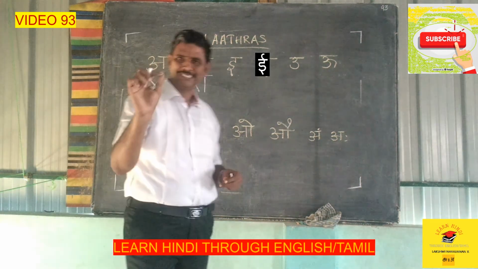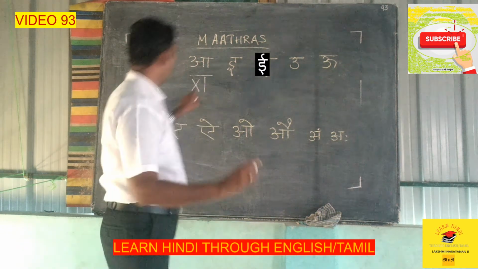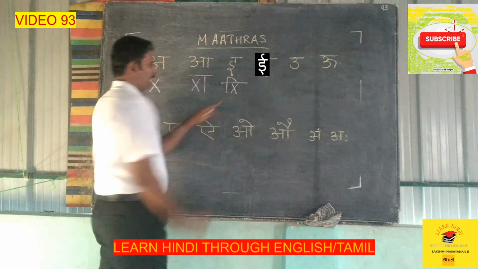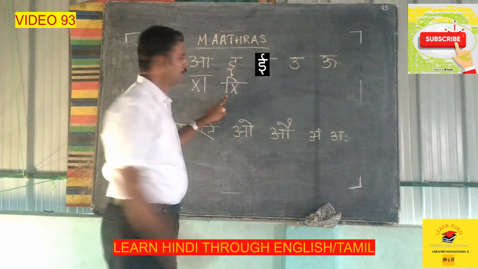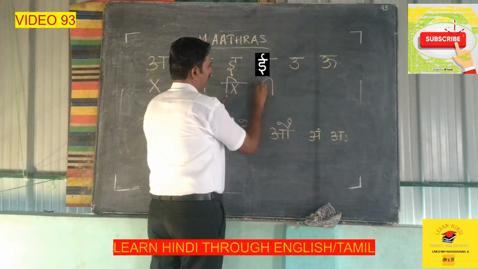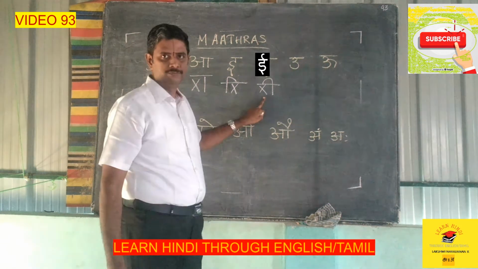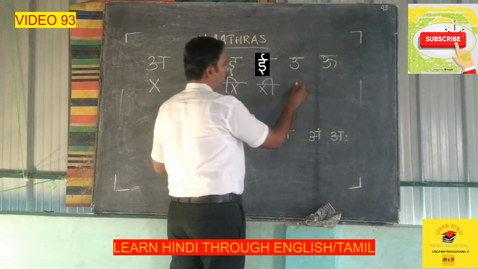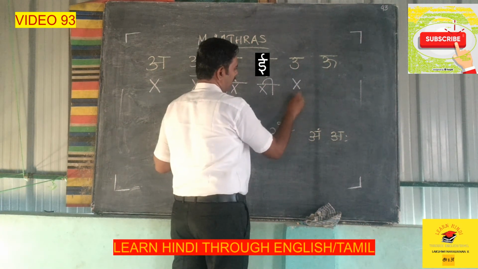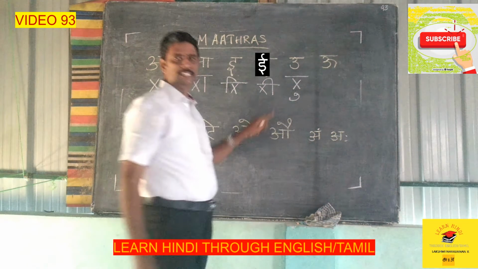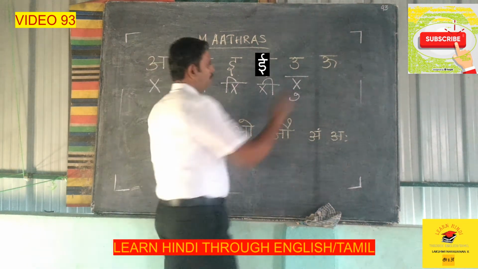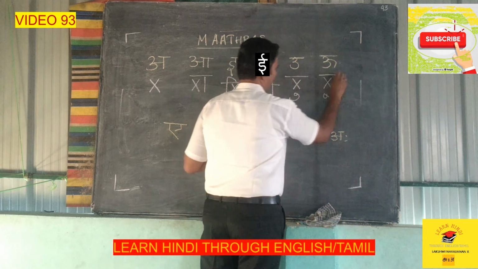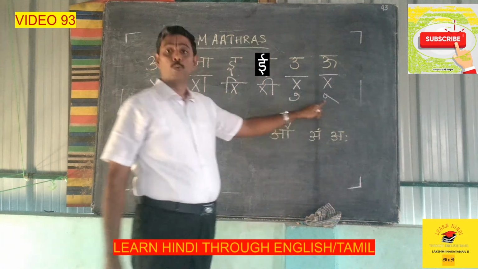First, let you see how the sign is to be written. A matra. How is E matra? Before this X, if you make a bend like this, this is E matra. After the letter, if you make the bend like this, this is E matra. Okay, this is just the easiest way of writing. Next comes U. How? Below the letter, if you make the bend like this, this is U matra.